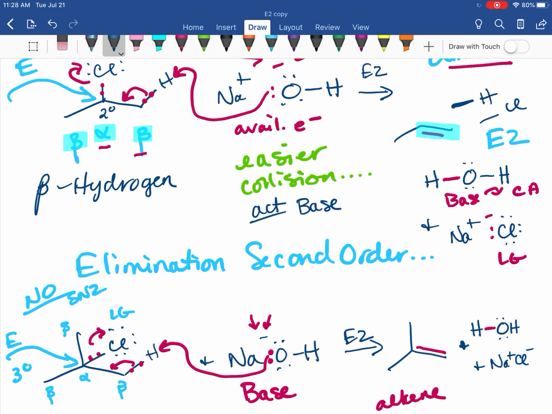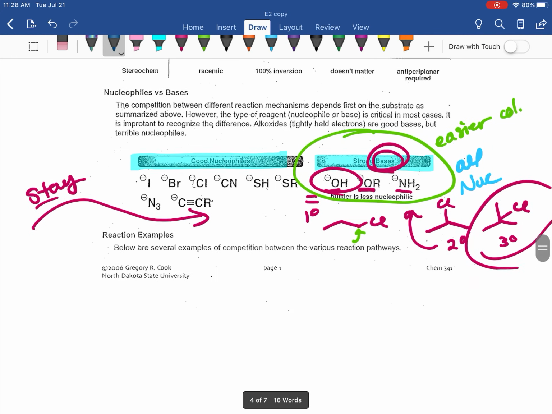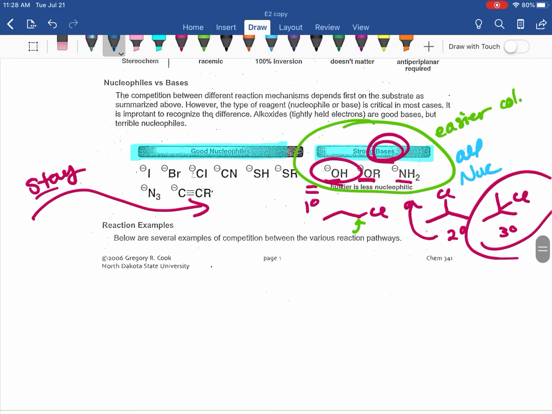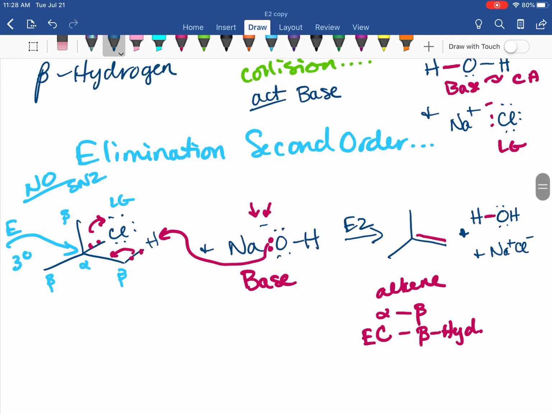I love it. All right, so this is the main difference between an SN2 and an E2: you have a competition in that second order. And the only way you decide is to check out your list. Some compounds will just stay SN2, so it doesn't matter if it's primary or secondary. But our O- and our N-, they tend to switch to bases for second order or secondary and tertiary. I love it. Okay, so we're going to stop this video now that we've defined our SN2 and our E2. And in our next video, we're going to take just